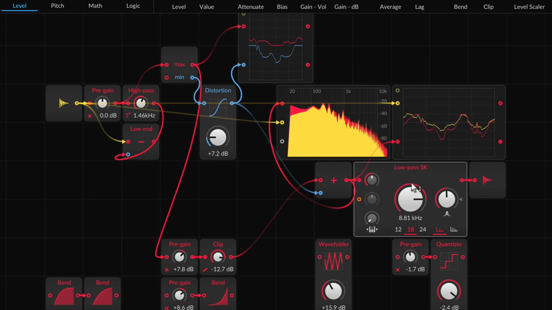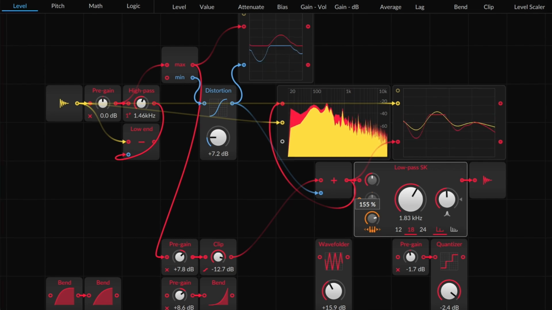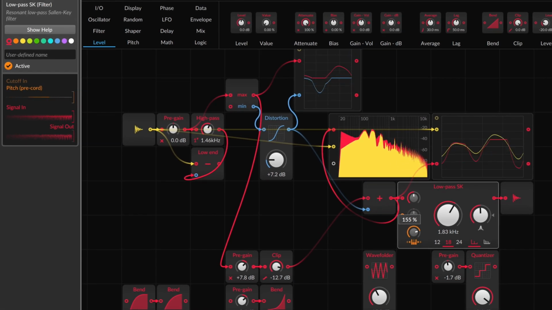The easiest way would be to take the low pass filter that's already here, turn him on, so we hear his effect, and then say be sensitive to pitches because there's a key track input. So now, as different pitches are coming in on the keyboard, different amounts of effect are being applied.